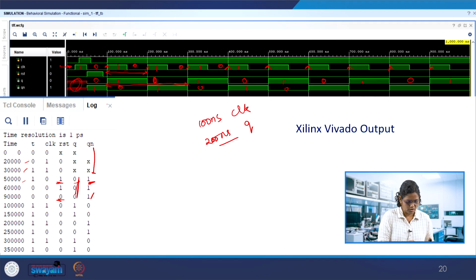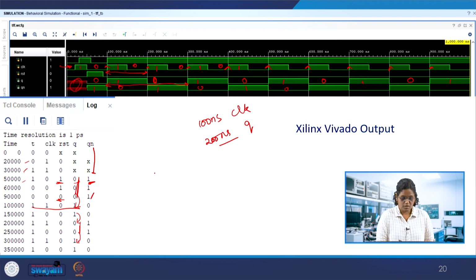It sees a clock edge at 100. At 100, Q is complemented from 0 to 1, and again from 1 to 0, and then again 0 to 1, and so on. So the complementing behavior of the T flip-flop could be observed, built using the D flip-flop. You can build larger modules from this D flip-flop, make the T flip-flop, and use the T flip-flop to design a counter or asynchronous sequential circuits.